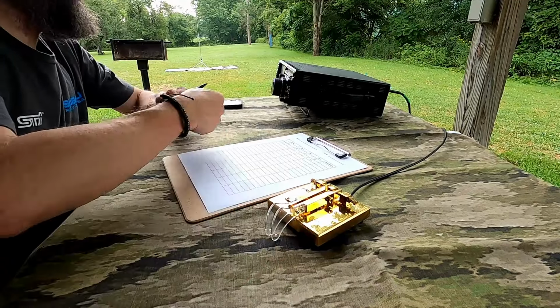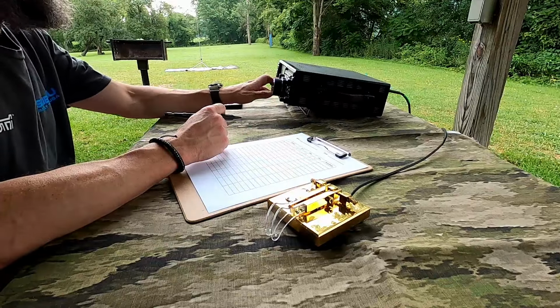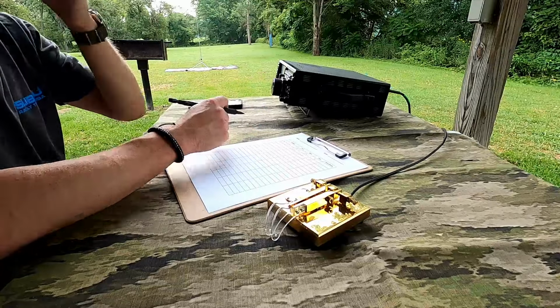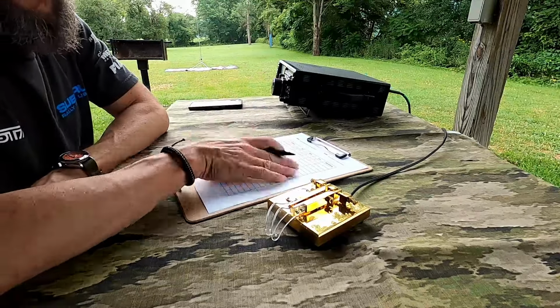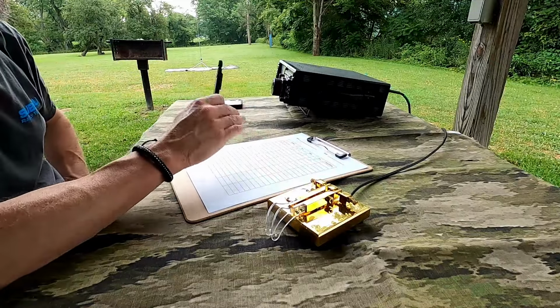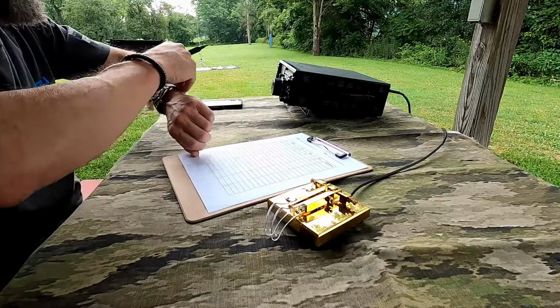Well, that was a pretty good run there. I had somebody else in there. We'll call CQ 1 or 2 more times, and if we don't get any other bites, that's fine. I'm good. We've got 24 in the log, I think. So it makes a big difference on 100 watts. Like I said, we've got a lot of QSB today. Solar conditions are really bad. I wanted to get out earlier than this even and get this activation rolling, but I just didn't...